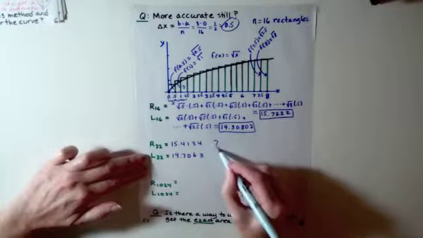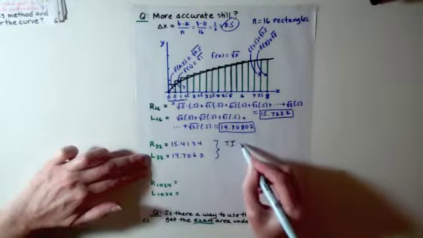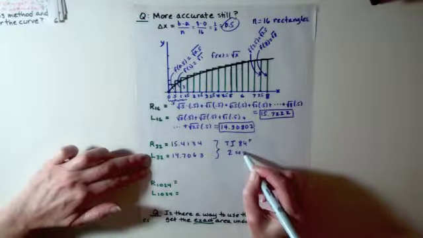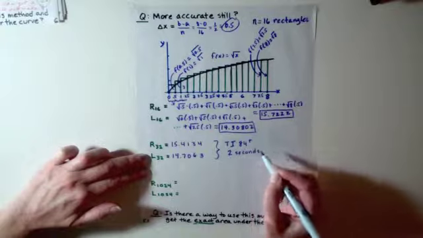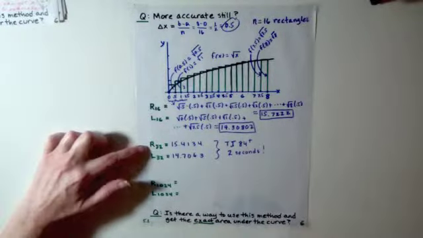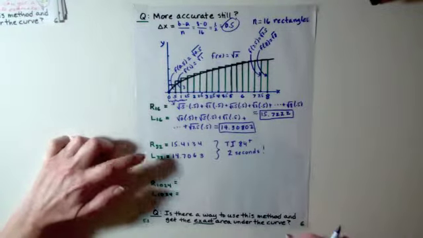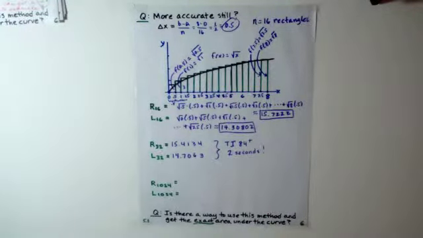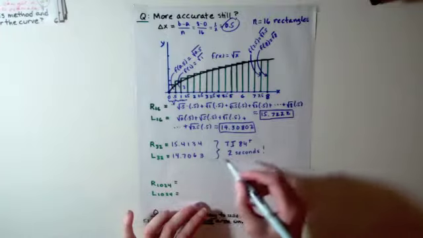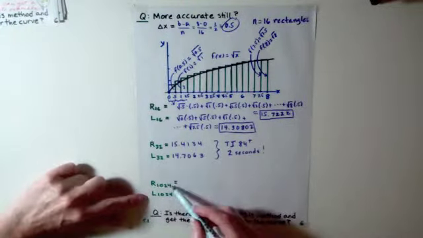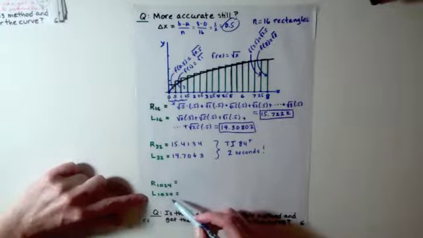By the way, it took my TI-84 Plus calculator 2 seconds to compute this. So it's actually a lot of computations to figure out R32 and L32. You're figuring out the areas of 32 rectangles for each of those, and I put in the information and the number of rectangles and so on and hit the button, and for each of these it took about 2 seconds. I decided to jump ahead and I made n, the number of rectangles,